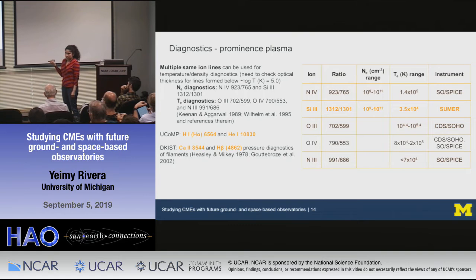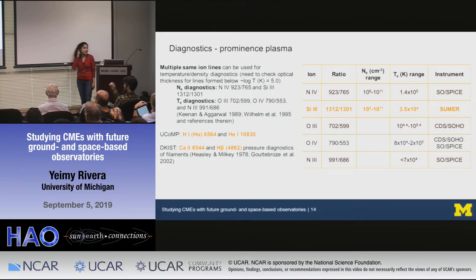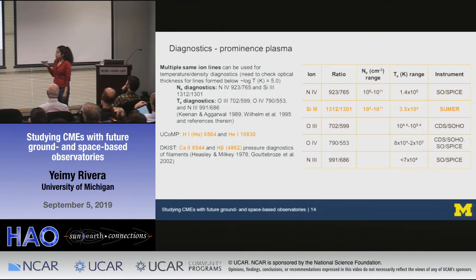But even if the ion is out of equilibrium, they're still useful, right? If you have a ratio of the same ion, in this case the relative abundance, a lot of that information cancels out, so they're still useful for diagnostics. With UCOMP, obviously the two coolest lines, the hydrogen and the helium line, are going to be very important for studying the prominence evolution in the corona, primarily the H alpha, which is a lot brighter than the helium line. And there's a ton of DECUS lines that are very bright and very observable